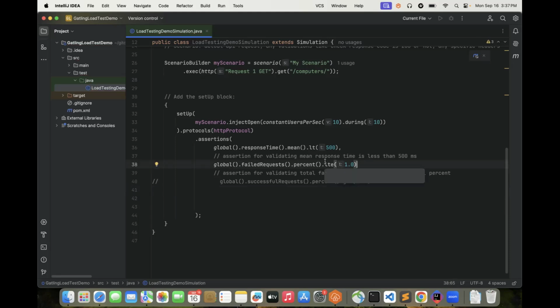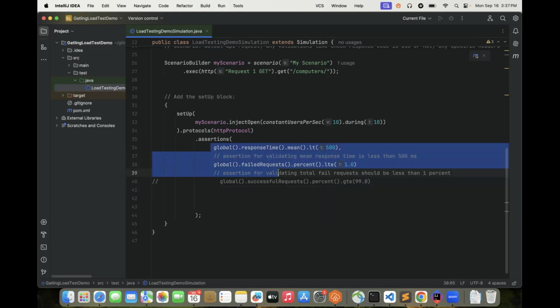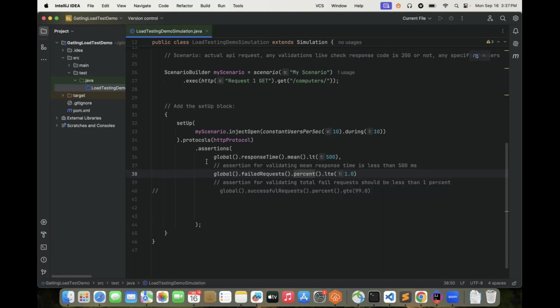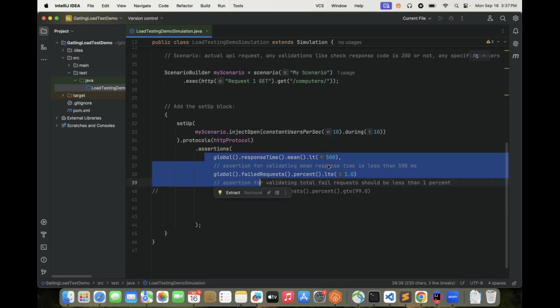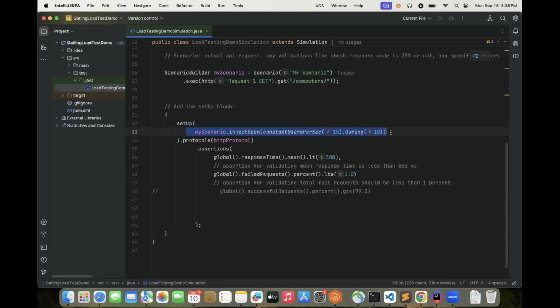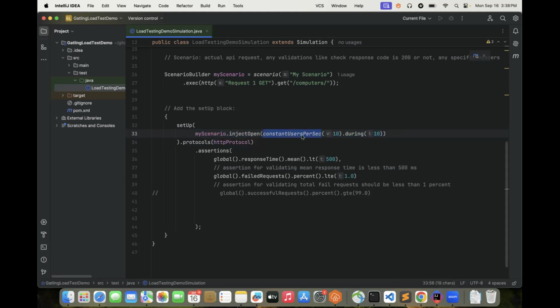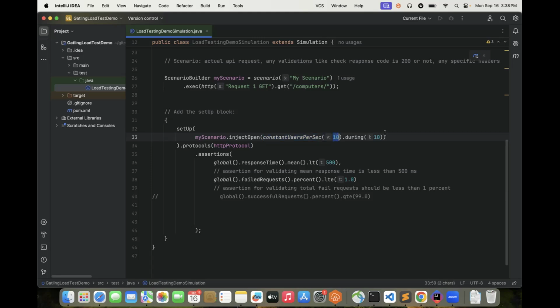So now in this load test, we have two assertions. These assertions will be performed once the whole simulation is done. In this particular simulation file, we are sending 10 requests each second for 10 seconds, right? So the total count will be 100. Once we get a response for all 100 requests to the server, Gatling will then perform these assertions, and based on these assertions, it will pass or fail your